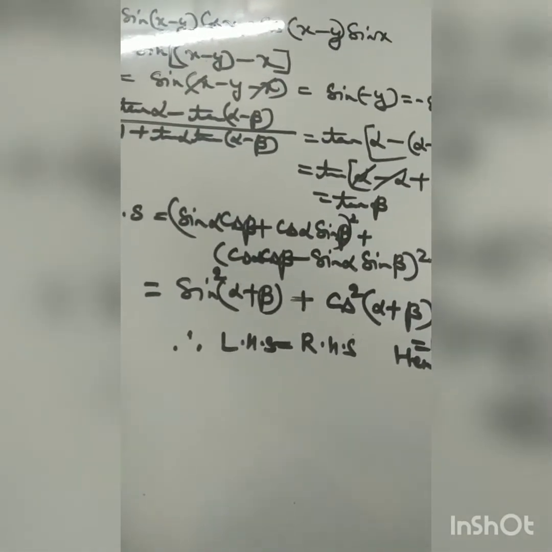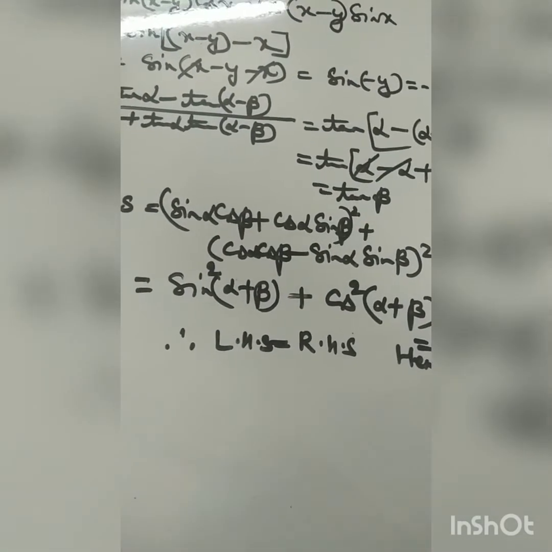So I hope you understood how we are going to approach questions of the proving type. Hence start from the formulae. Using the formulae only you have to start simplifying and reach the solution directly. That is, starting from the left hand side, go to the right hand side. Starting from the right hand side, go to the left hand side.